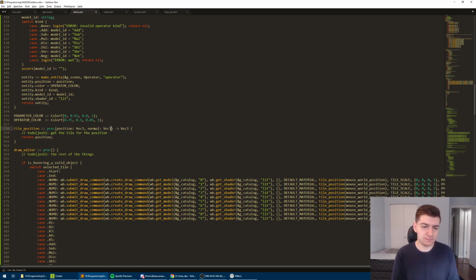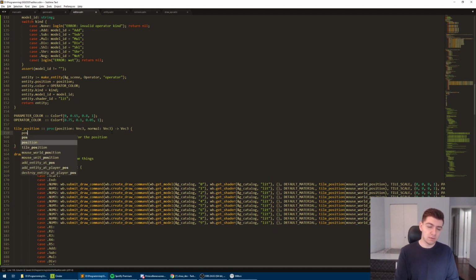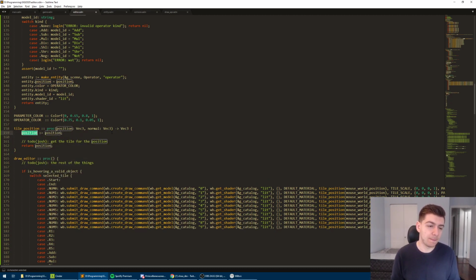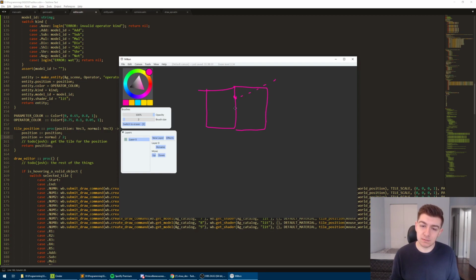But then let's just try to see what this would do. So copy the position so we can modify it. Position plus equals normal divided by 2, maybe, right? Because the normal would be 1 in this direction, which would put it way over here. Because the distance between two tiles is 1, right? So we want the mid position,